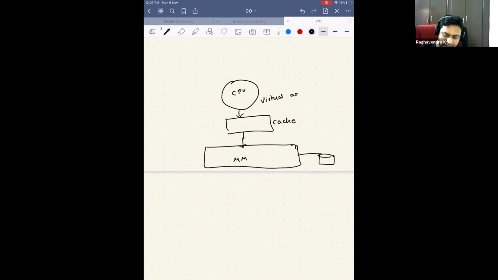Virtual address. So the CPU is generating a virtual address, and maybe there are multiple processes running on the CPU: P0, P1, P2, P3. And then how do I access the memory?